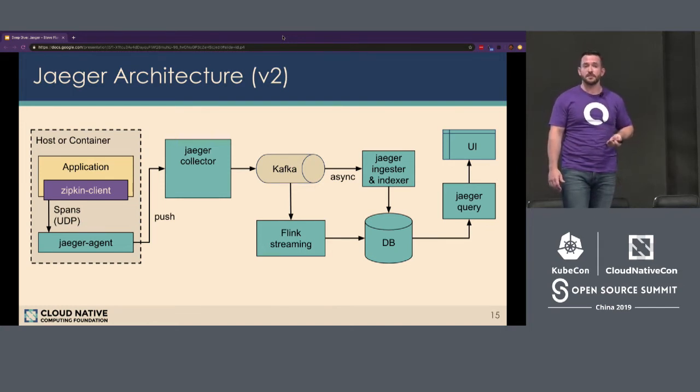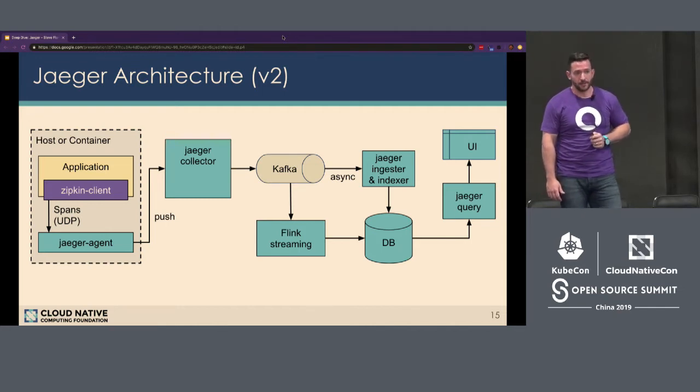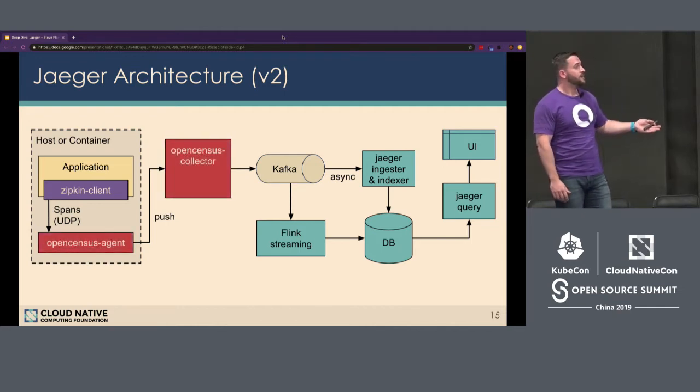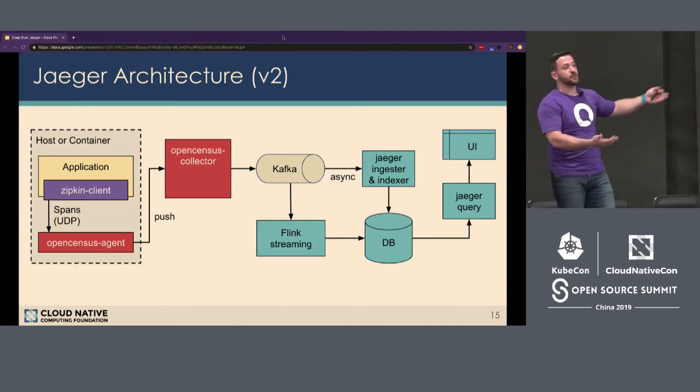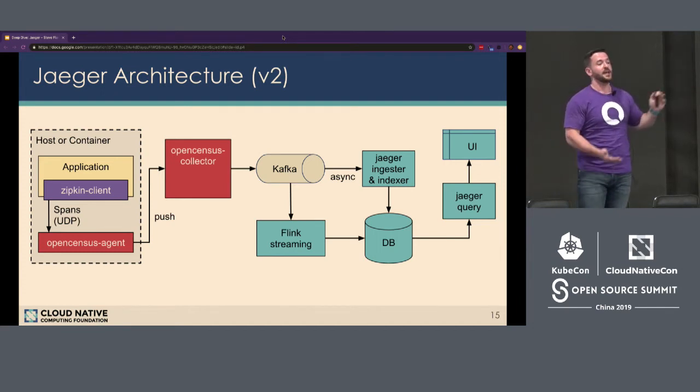So if you're using Zipkin or coming from a Zipkin environment, you can actually leverage Jaeger as well. In addition, if you wanted to leverage, let's say, the OpenCensus service, which is made up of an agent and a collector, instead of the Jaeger agent and collector, you can do that as well. This architecture is still fully supported. You could still get the data into a Jaeger backend, and you could still use the Jaeger UI to query the data out. So you can mix and mingle however you see fit.